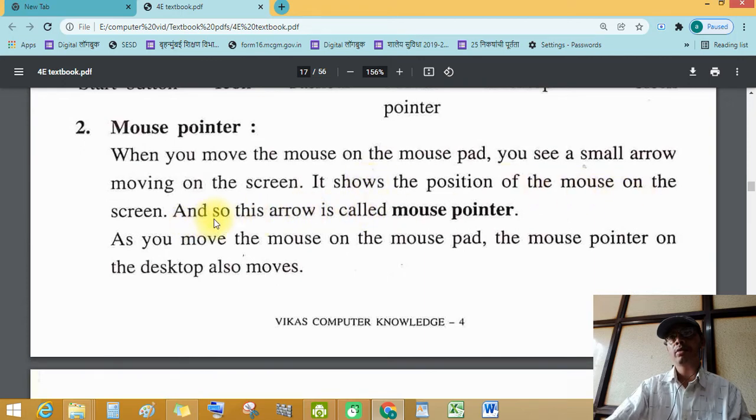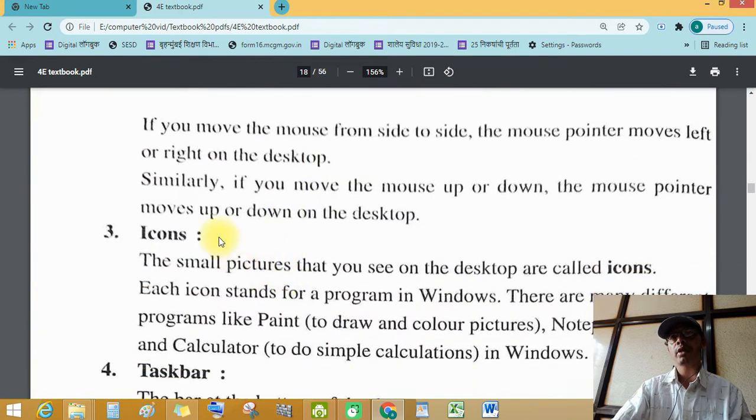So this arrow is called the mouse pointer. As you move the mouse on the mouse pad, the mouse pointer on the desktop also moves. See this. My mouse pointer is also moving left, right, up and down everywhere on the screen.